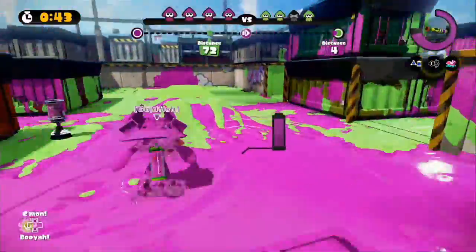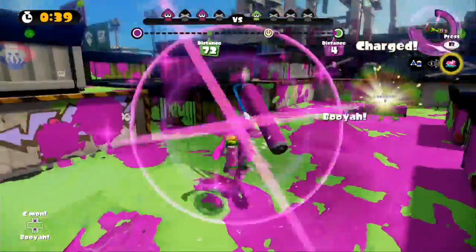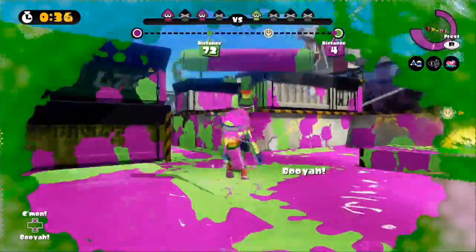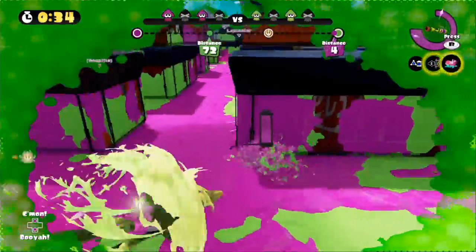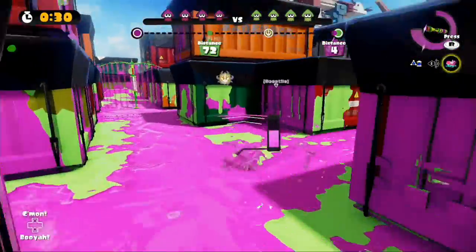So I definitely hope to see more people using this weapon, and I definitely hope to see it used by other people in tournaments. So yeah, that was my simple and short guide to using the CoroCoro roller,